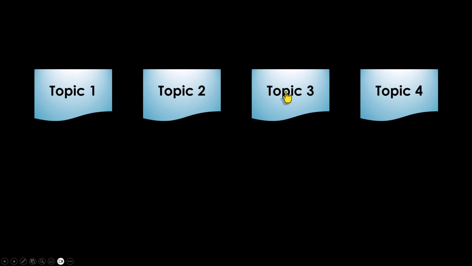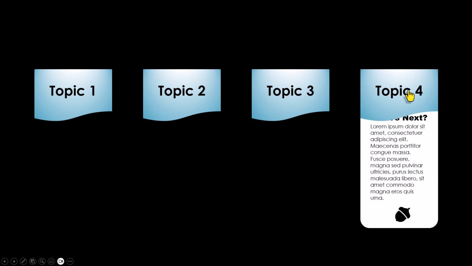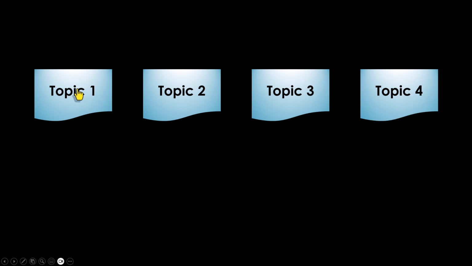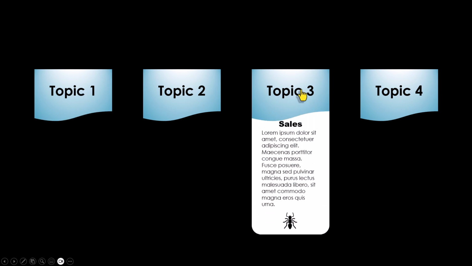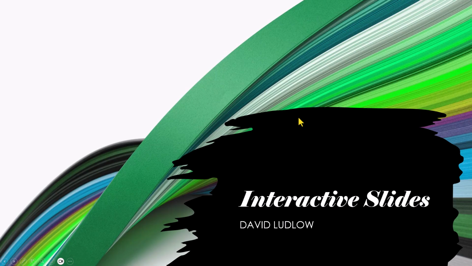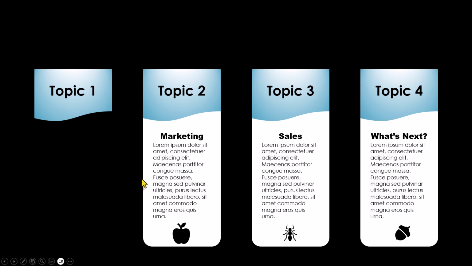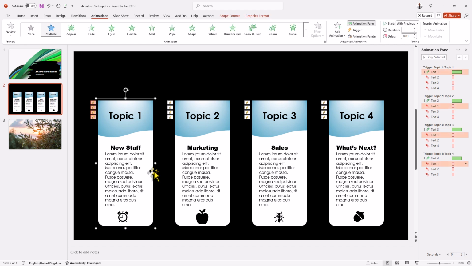2, 3 and 4. So you can go and click any one of them in any order, and it sends all the others back and just brings that one down. Our problem is that when we go to that slide, we've got 3 of them showing and not the first one. So the way around this is to select all of them